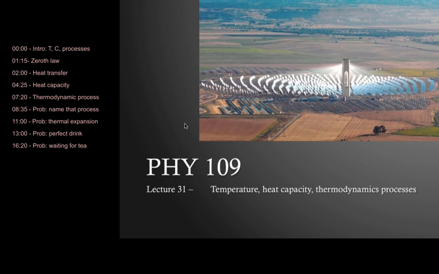Greetings everyone. Today we're going to be talking about temperature, heat capacity, and some thermodynamic processes. So we're going to start off by talking about this solar energy plant, Solana, that's built in Arizona. And it doesn't use voltaic cells to gather solar energy. What it does is it just uses a bunch of mirrors and focuses all that light in order to heat